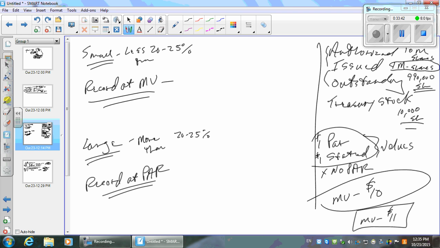So which shares do you care about? The ones that have been issued or the ones that are outstanding? Outstanding. Which ones are you going to pay dividends on? Are you going to pay dividends on all your authorized shares? No. In this case, 10,000 of them you hold yourself. What are you going to do, write yourself a check? It's ridiculous. Are you going to pay dividends on the treasury stock? You're holding it. Of course not. Which ones are you going to pay dividends on? The outstanding ones, which is the 990,000.